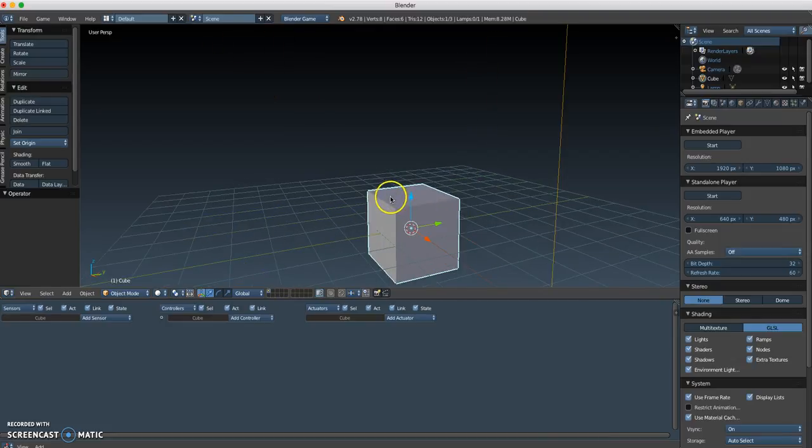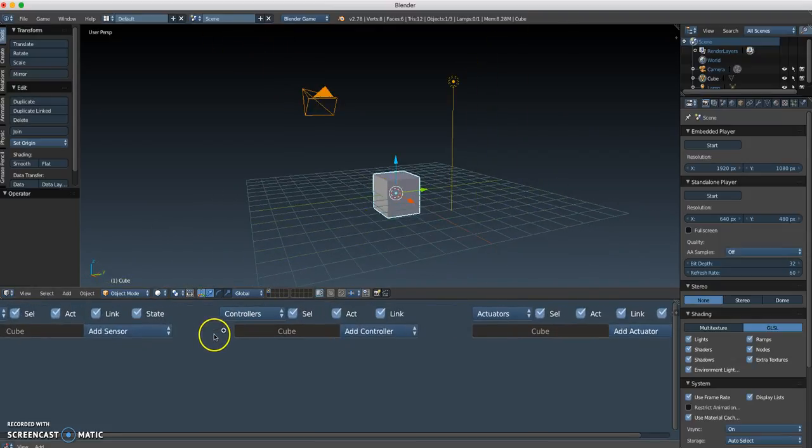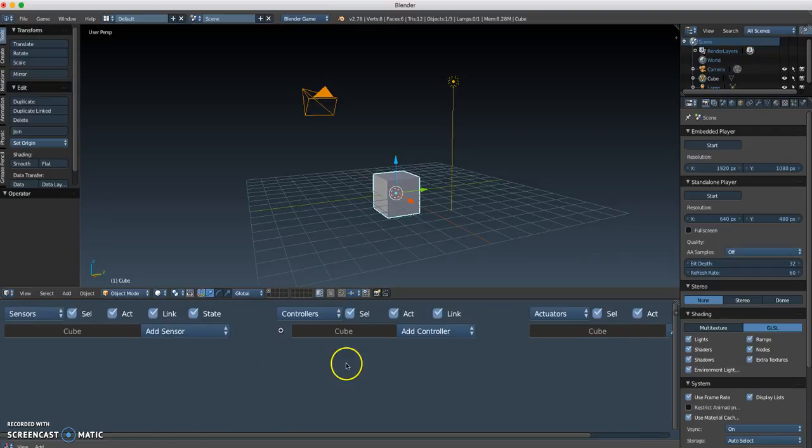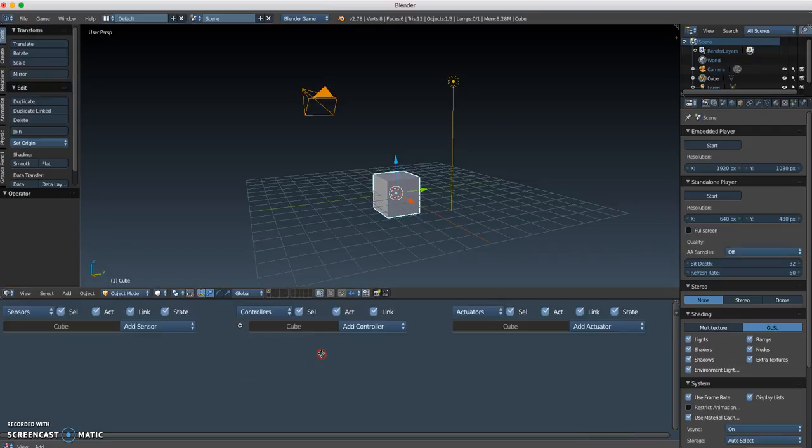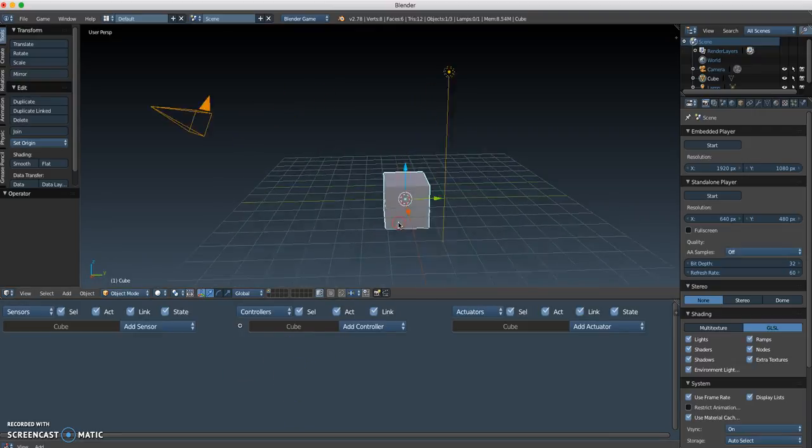Okay, so in here in our logic editor we can zoom in by scrolling the mouse wheel just like we do in the 3D window. If you do zoom in, you can pan by holding the middle mouse button down. So you can pan left and right just to make sure you can see what's what. Okay, so I have my cube selected,